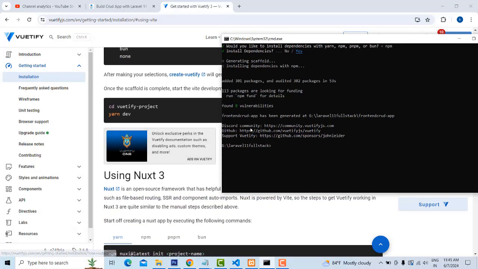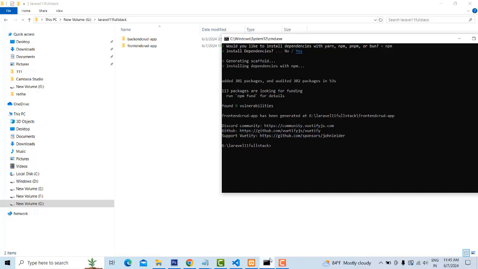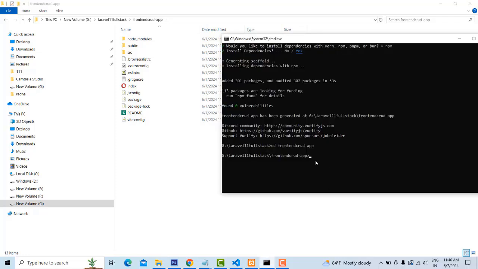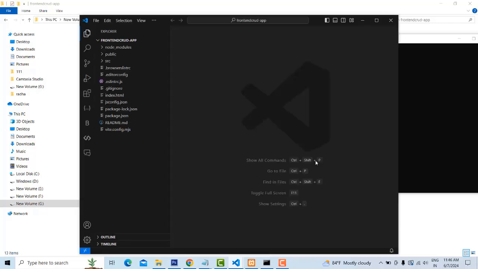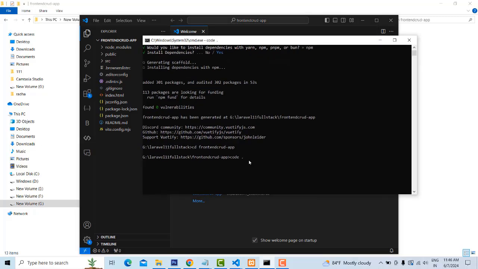Now we have to go to my folder, where the Frontend app is installed. I'm going to open the terminal and type cd, which is called change directory, Frontend CRUD app. Press enter. You have to go inside the folder, and you will be able to see the folder and file structure. I'm going to open it in the VS Code editor, with code space dot, to open the whole project. If you want to run the application and check whether it's working fine or not,